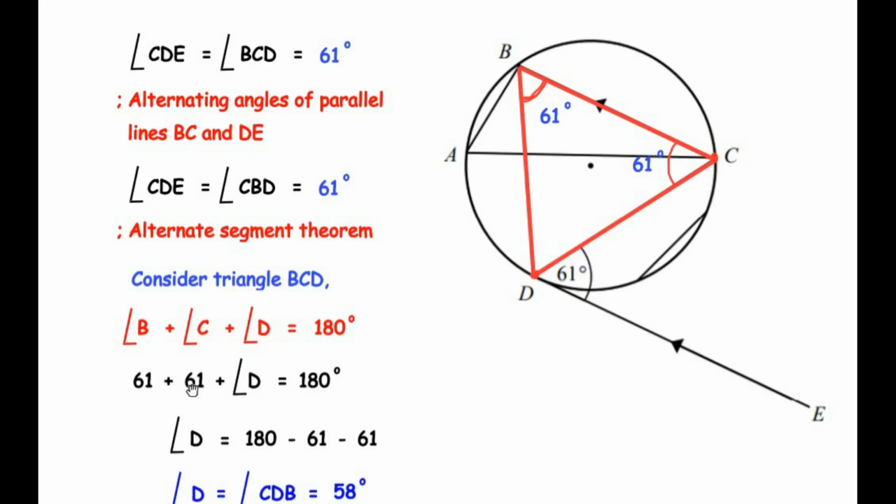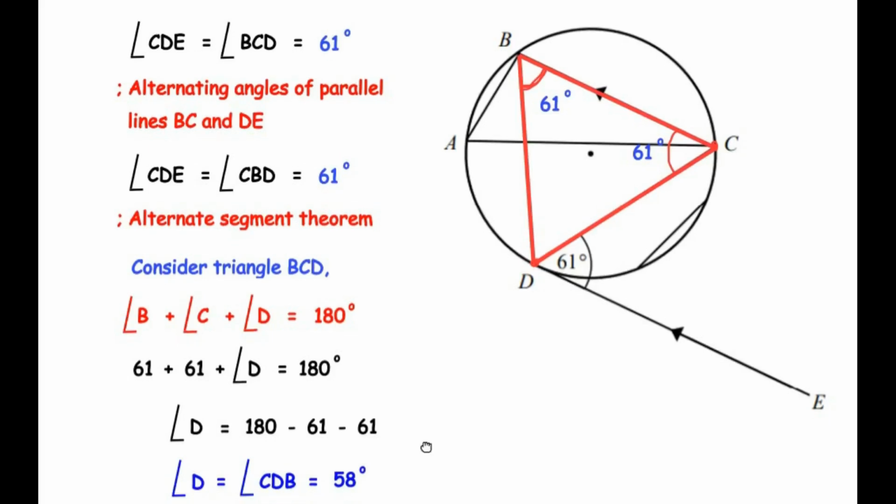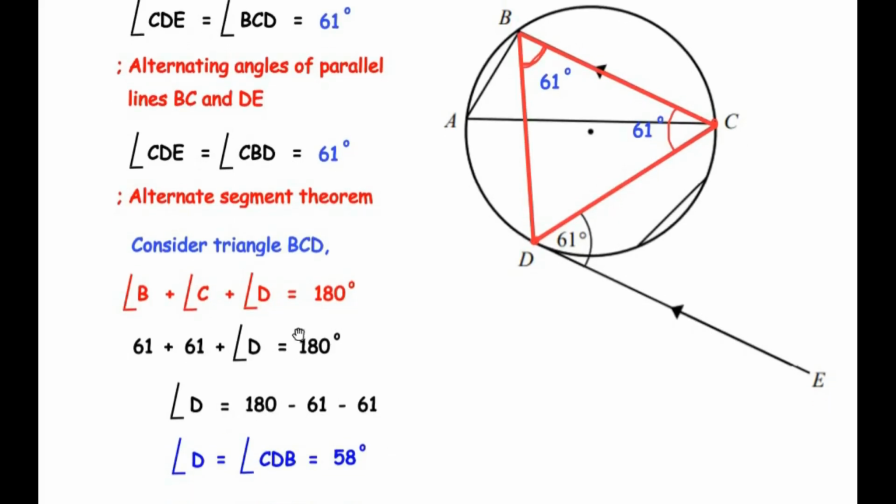Now taking these 2 angles on the right hand side, we get angle D is equal to 180 degrees minus 61 and minus 61. So here we have the value of angle D, that is angle CDB, as 58 degrees. Now once we have got this angle, let us focus on finding the angle BAC, that is